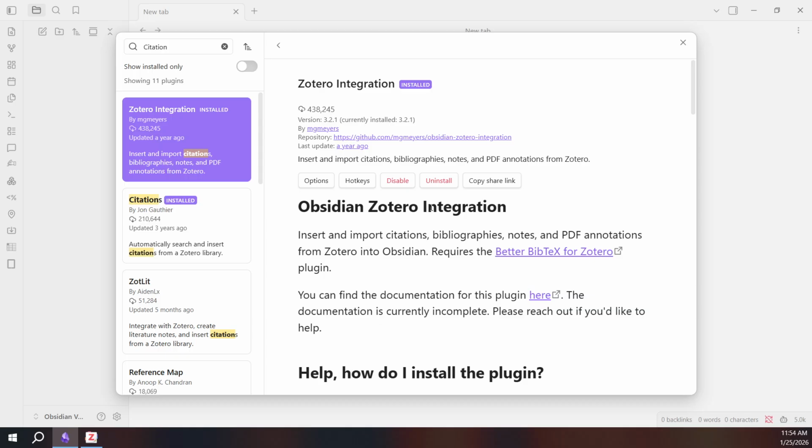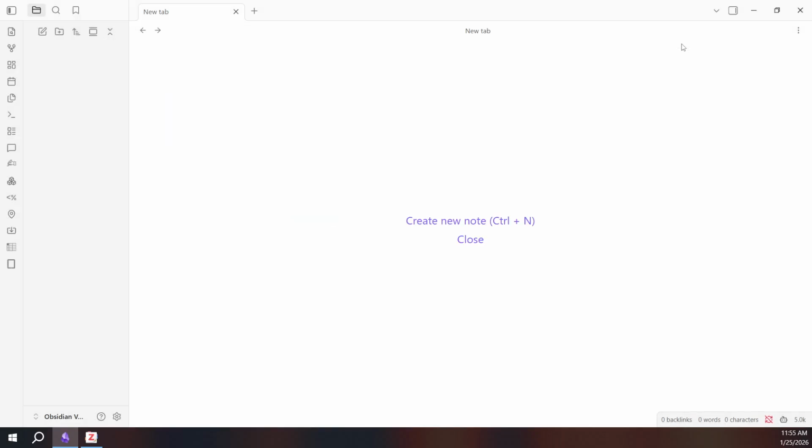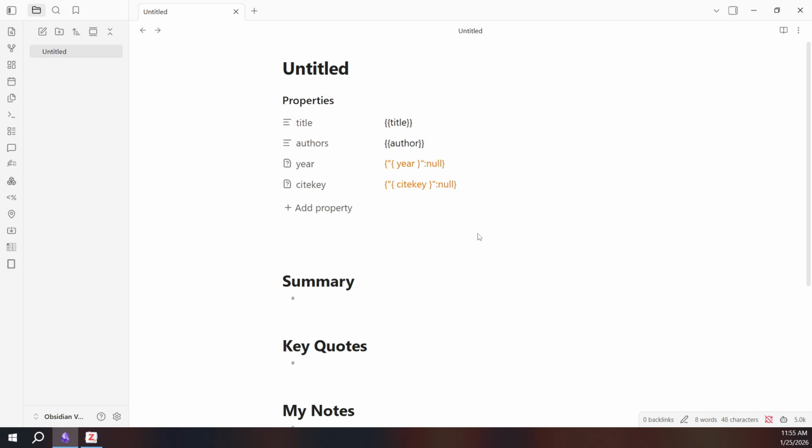With the plugins installed and enabled, return to your vault and create a new note. Click New Note to add a blank page to your workspace. Give it a clear title so you can find it later, then enter a few lines of text where you'd like to insert a citation. This note is simply a test bed to confirm everything's working as expected. It's a good idea to add a sentence like "according to recent research" and leave the cursor where you want